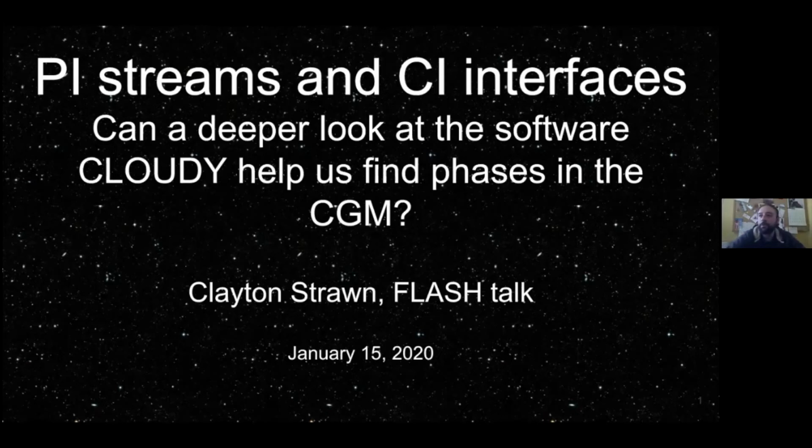Welcome everybody, and my talk is about PI streams and CI interfaces. So can a deeper look at the software Cloudy help us find new phases in the CGM? There are a lot of acronyms going on in here, but the basic idea is we're going to look at the software and make some definitions, and that'll help us find